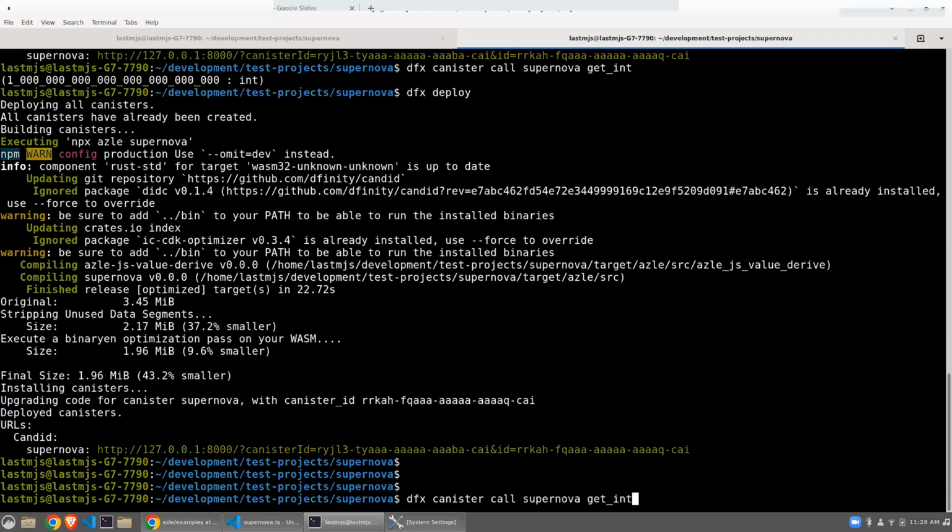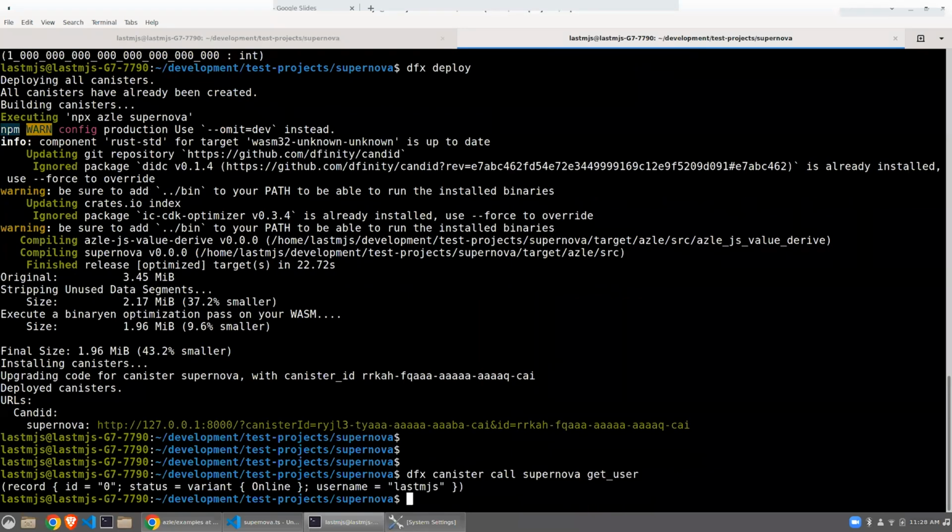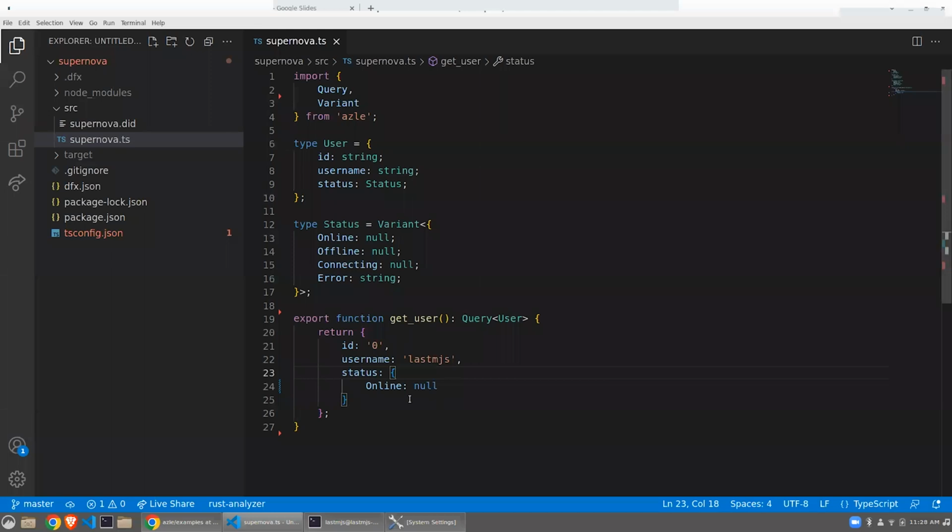So let's do canister call Supernova. I think it was git user. Check it out. Here's our record, ID, status. And look, this is an actual Candid variant and it's online. Username, last name, JS. And then just to show you that the error works,